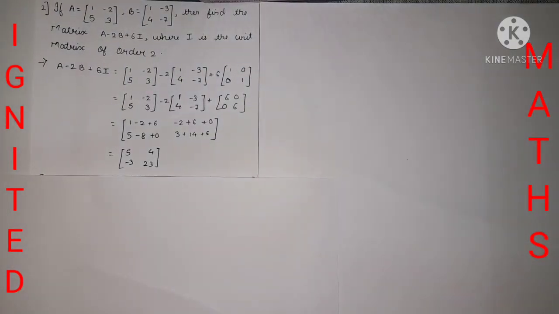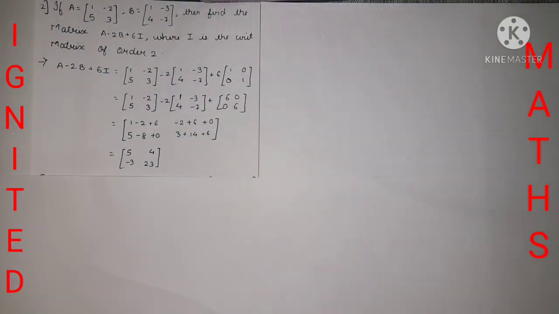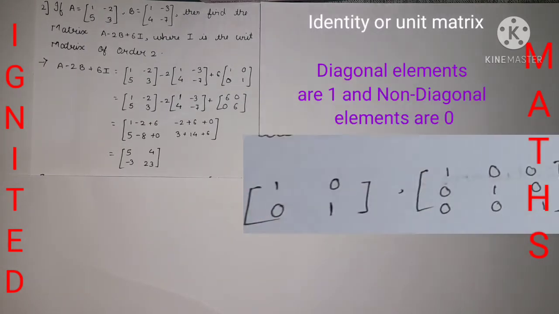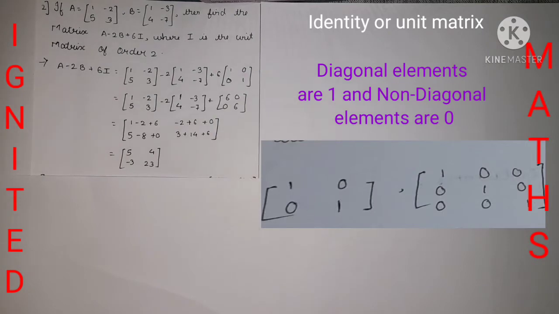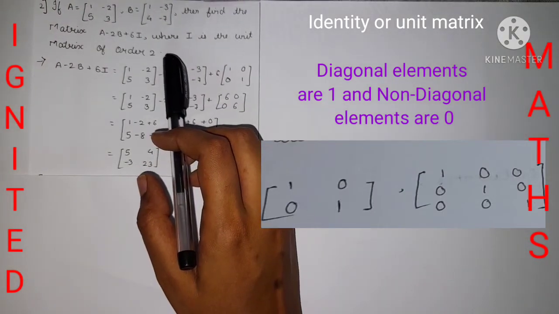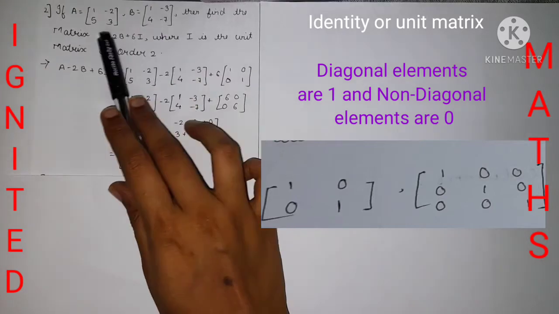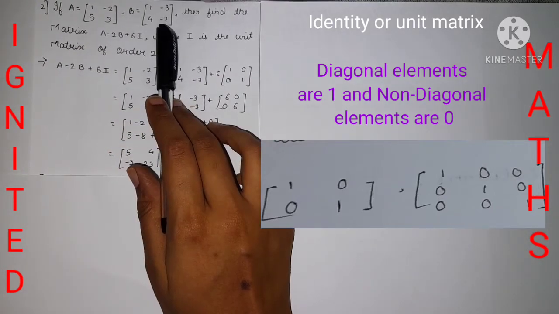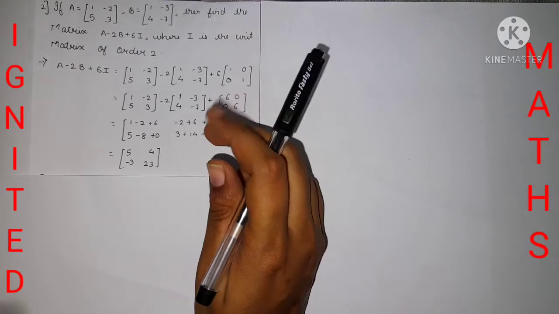Regarding that also I have posted a video, at the description link, you will get it. I hope you can see it over here. It's based on the identity matrix. Identity can be written as 2 cross 2 and even 3 cross 3, but the question is given in the 2 cross 2 order, so that's why I have taken the 2 cross 2 type.